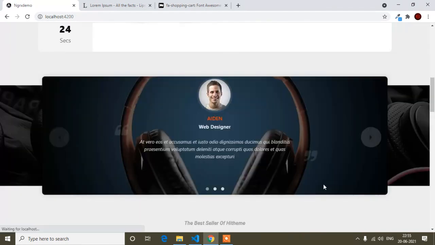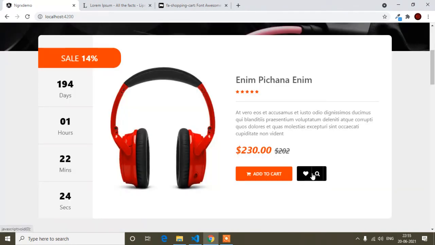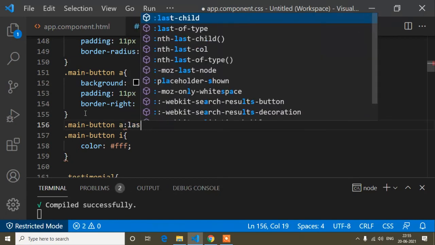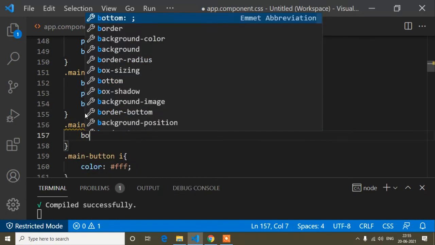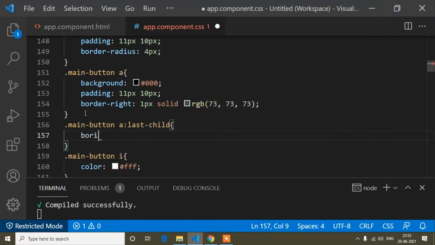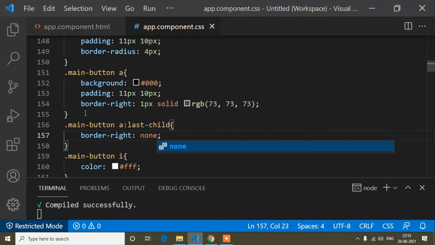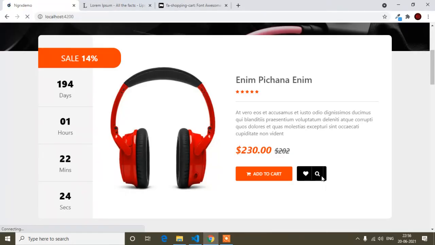So you can see it added a border, but for the last anchor tag I have to remove this border. So I will copy this one and paste it here, and here I will write last-child, and for border-right I will write none. So you will find it removed this border from the last one. And this one is done.